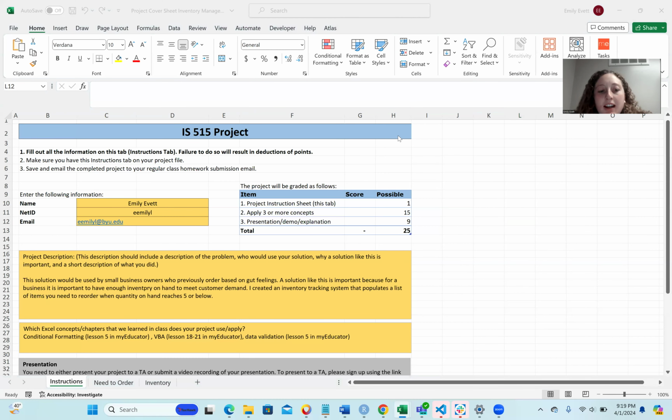So for my project, I decided to create an inventory management system geared towards small businesses. Larger businesses would probably need something more robust, but I figured, I worked for a small business in high school, and the way that they kept track of inventory or knew when to reorder inventory was